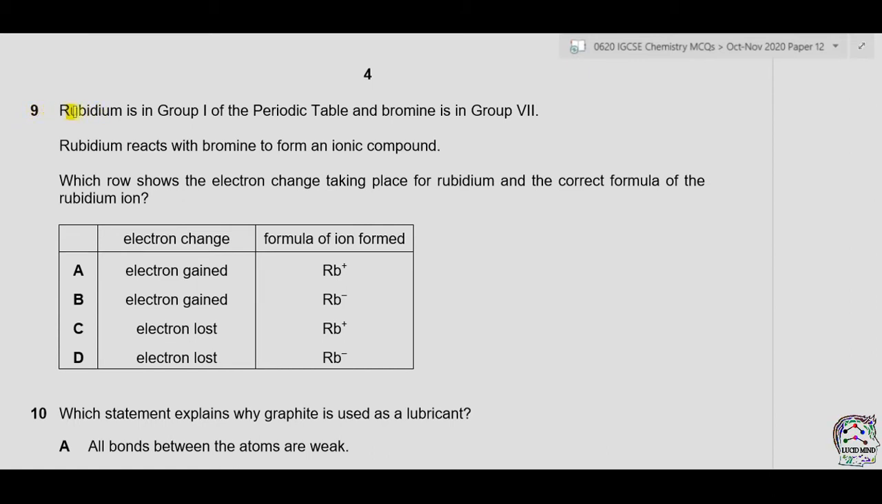Question 9. Rubidium is in group 1 of the periodic table and bromine is in group 7. Rubidium reacts with bromine to form an ionic compound. Which row shows the electron change taking place for rubidium and correct formula of rubidium ion? As rubidium is present in group 1 of the periodic table, so group 1 is metals, and metals lose electron to form ionic compound. As it is in group 1, so it will lose 1 electron, so rubidium atom will